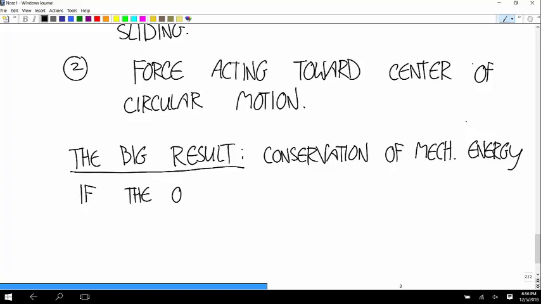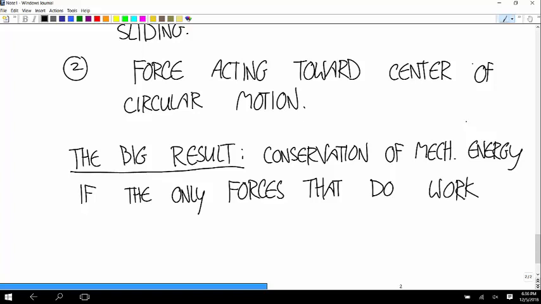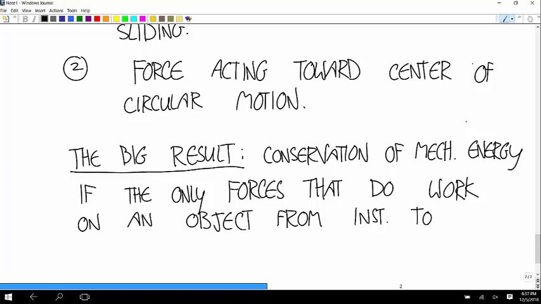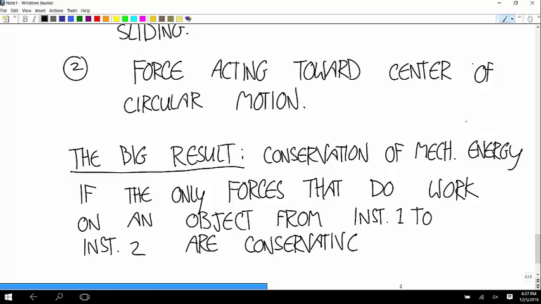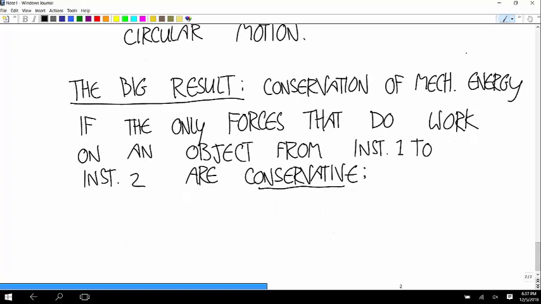If the only forces that do work on an object from instant 1 to instant 2 are conservative, then if you add up the kinetic energy at instant 1,